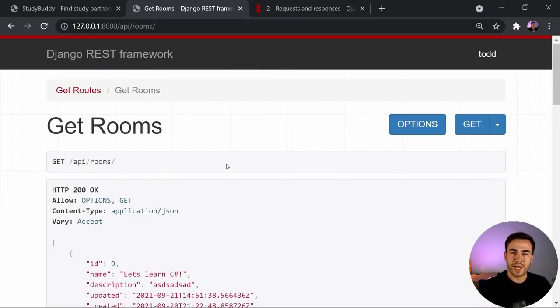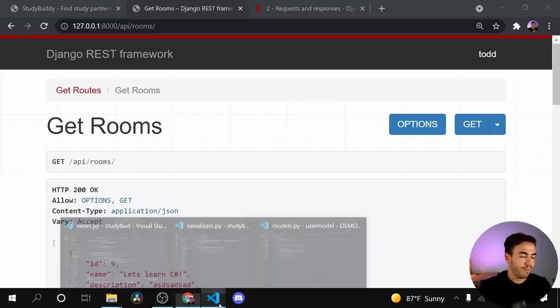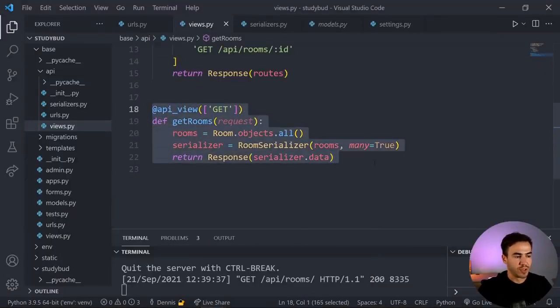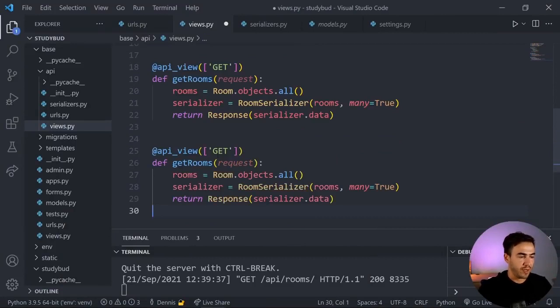So let's say in our application, we don't want to just allow users to get the rooms. We want to give them an endpoint to maybe open up a room in their website and view details about it, or maybe we're building out that front end. So what we can do here is go ahead and copy this view, so get rooms, paste that down here, and we're going to change this up a little bit. So we're going to change that to get room, so a single room, and then we're going to change rooms to